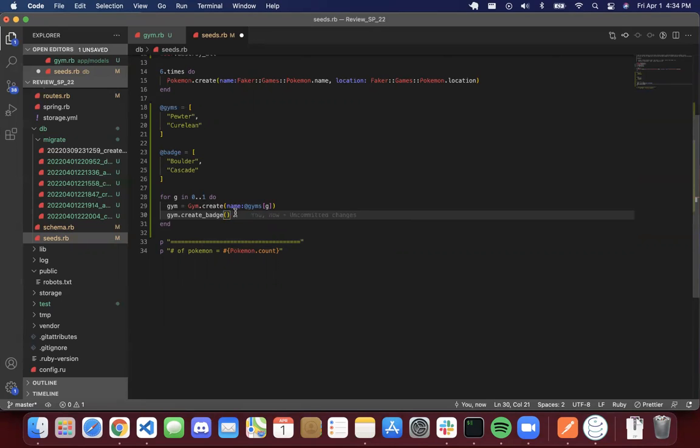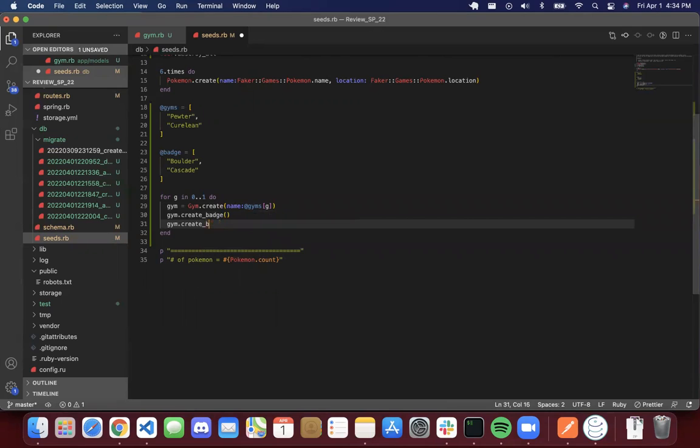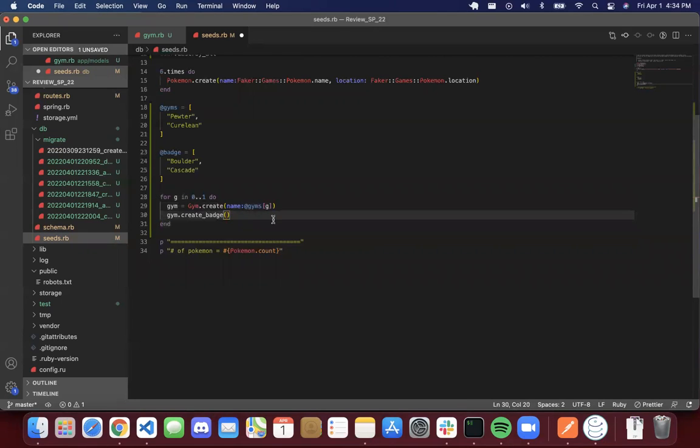You could also do Badge.create and just fill that in. But if you just wanted to use your previous thing that you made and have it automatically grab the thing, you would do it like this, and then name: @badge, and then